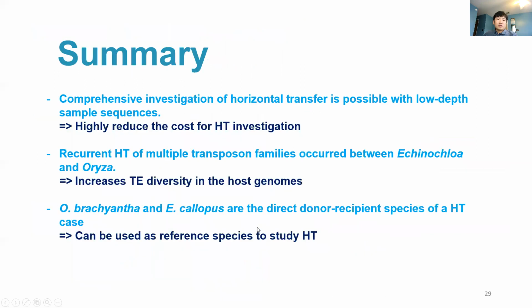So this is the summary of the presentation. In this study, I could develop a new method to investigate horizontal transfer and validate that a comprehensive investigation of horizontal transfer is possible with low depth sample sequences. Using the new method, we could identify that the recurrent horizontal transfer of